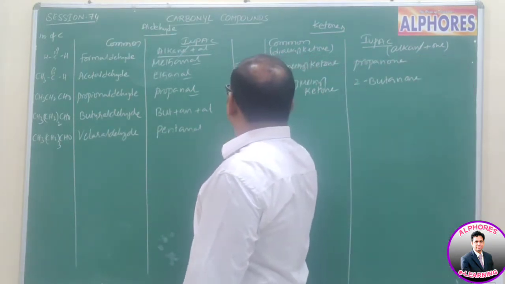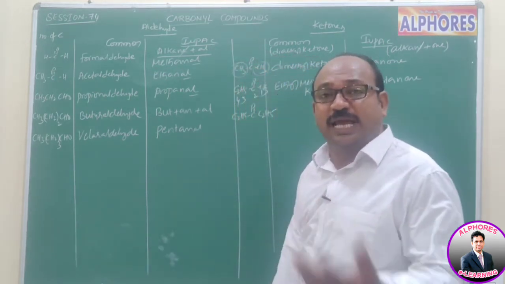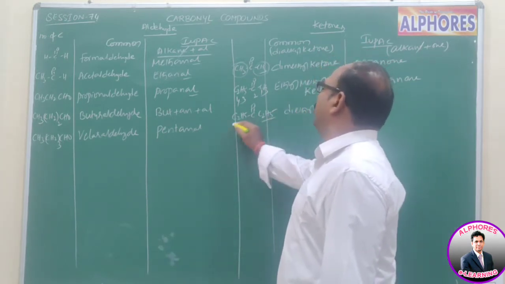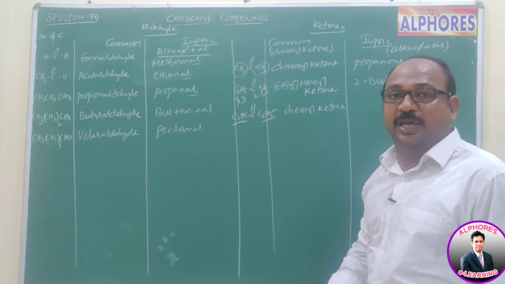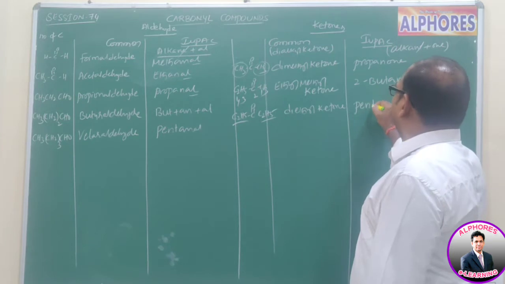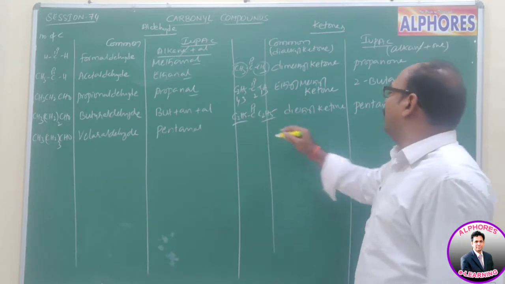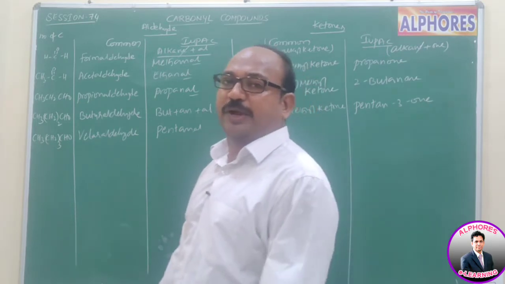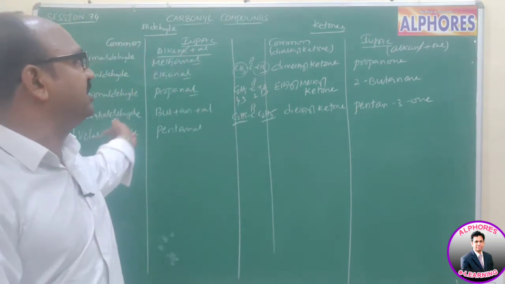Similarly, if both are ethyl groups, C2H5, C double bond O, C2H5, in such a case it is called diethyl ketone. Both are the same alkyl groups, so it is an example of a symmetrical ketone. And what will be the IUPAC name here? 1, 2, 3, 4, 5, so 5 carbons are there. Root word pent plus ane plus one, where that one is at 3. So pentan-3-one or 3-pentanone, like that we are going to assign names. So these are the common names and IUPAC names of aldehydes and ketones.